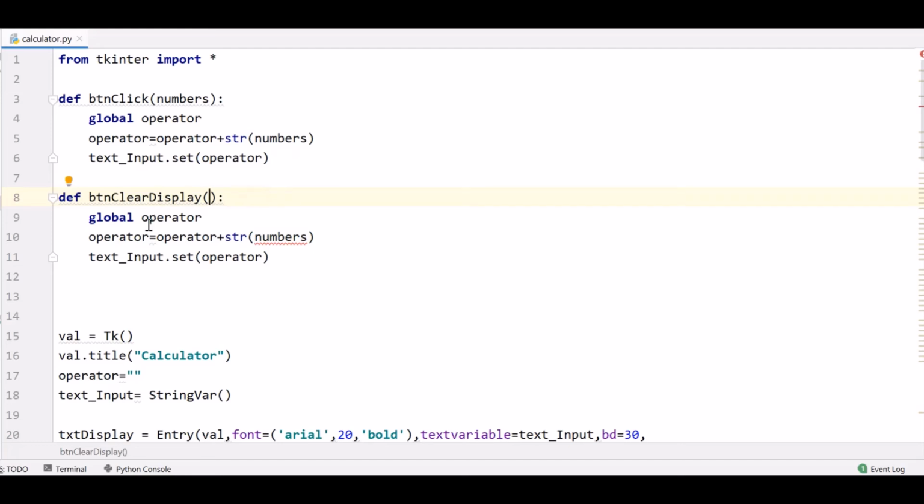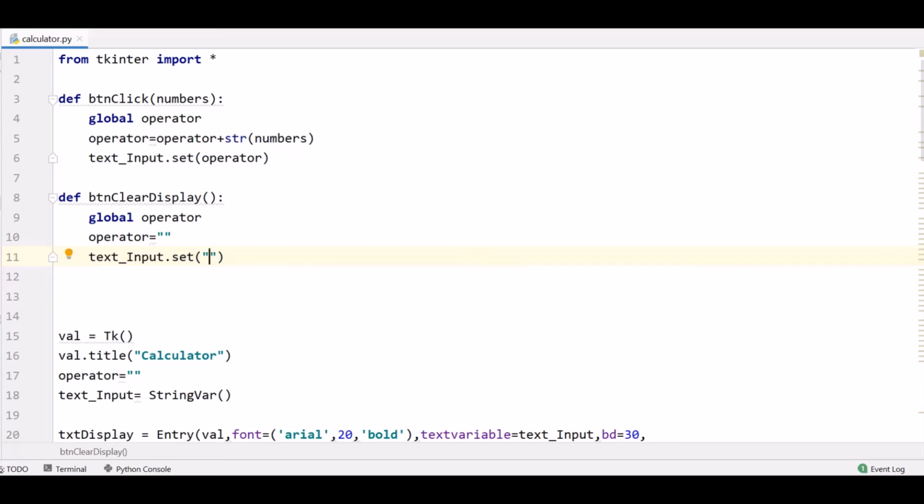We have operator to be global, and operator should be the empty one, and text input to set empty string, because whatever there should be on screen of a calculator, it should get deleted